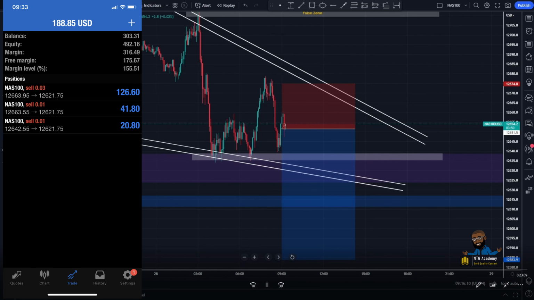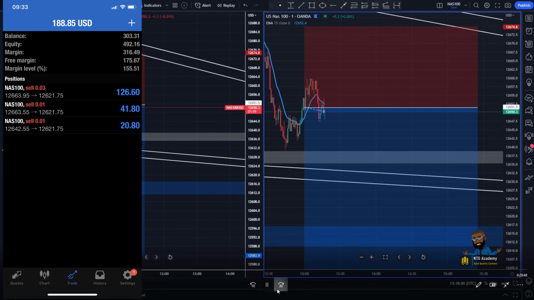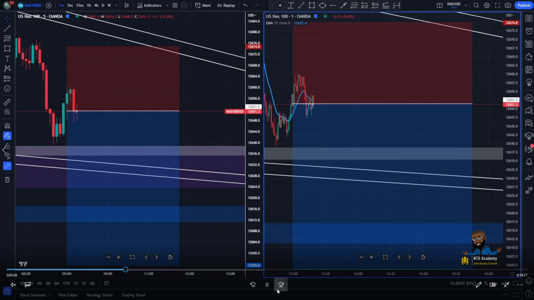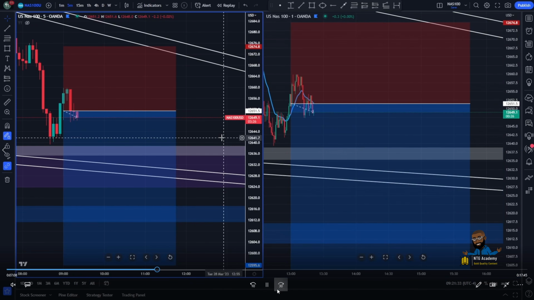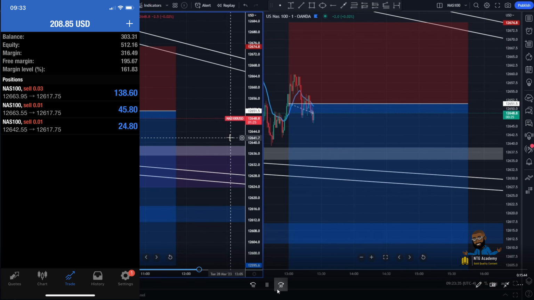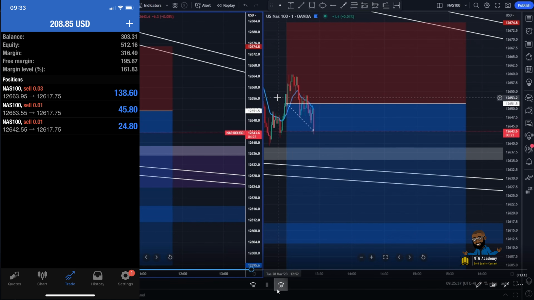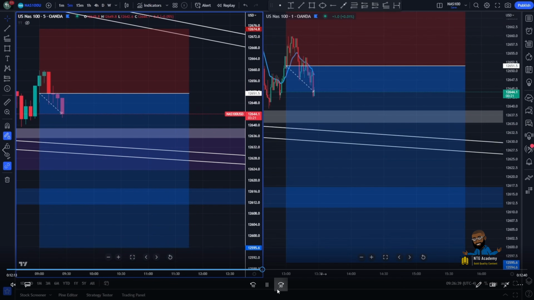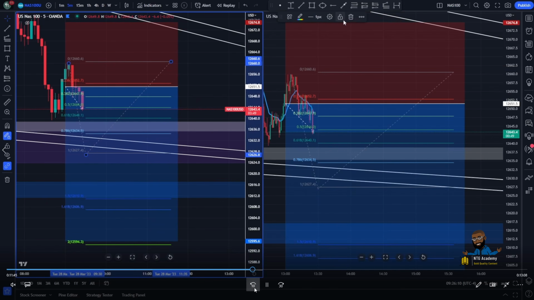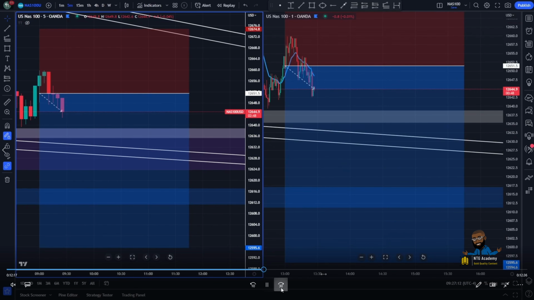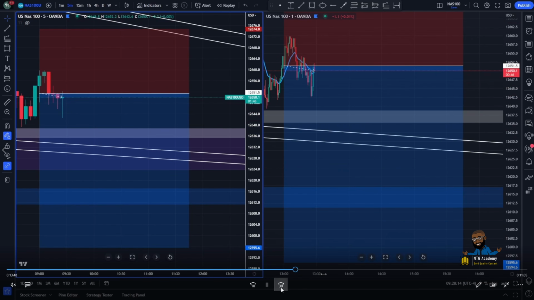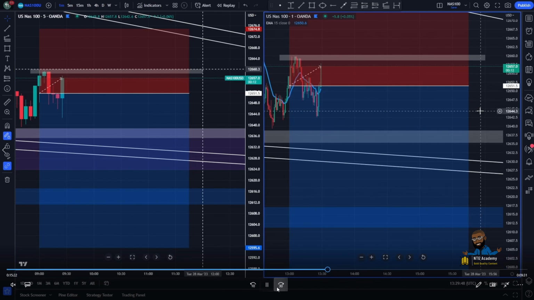But with the strategy, of course, we can get in most of the times and let it hit our TP. So let's just fast forward a little bit as I split my screens. I'm going to fast forward to the open session, as that's when the market started to move. Let's continue to fast forward. Now with my extension here, I'm just predicting some TP until we get the actual break of the pattern.